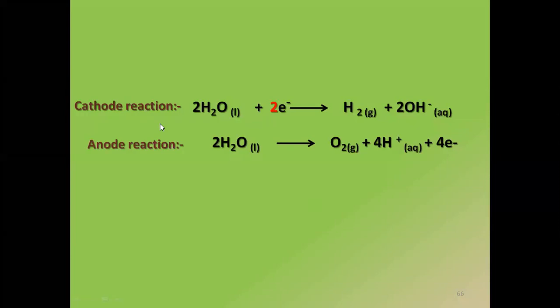For those who did not understand, I'll explain the cathode and anode reaction once again. We are not writing electrons on the anode reactant side because at anodes electrons are given out. Anode usually gives out the electrons. Here the equation, I'll read out the equation once to you. Please listen to me. At cathode and anode, both the processes, what do we have?